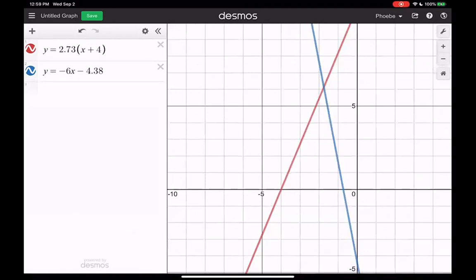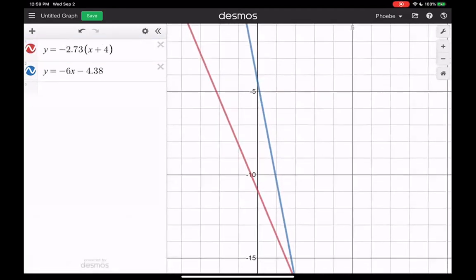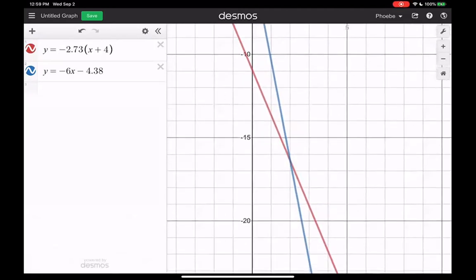And my solution on there, is that the problem we did? Negative 6x. Oh, there was supposed to be a negative 2.73. So see, I typed that in wrong. There we go. And our solution, now I'm way down here,